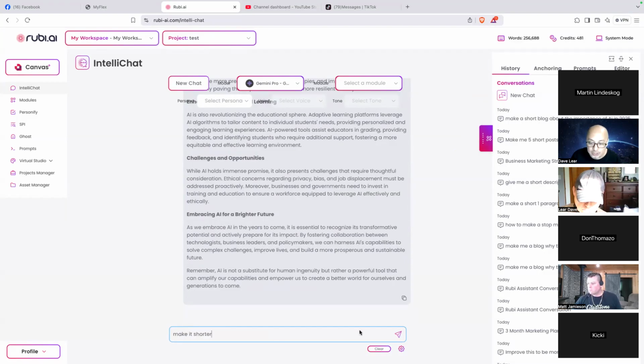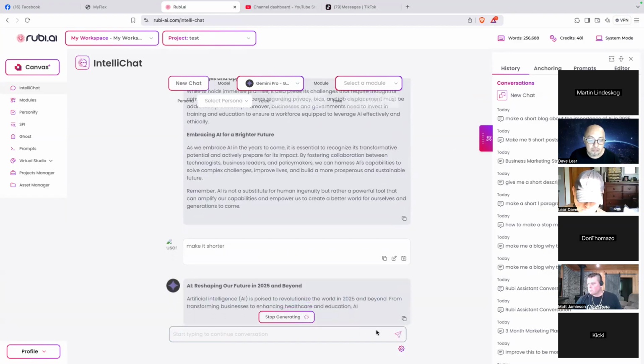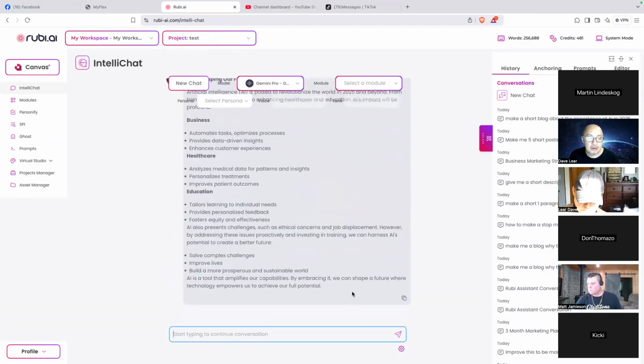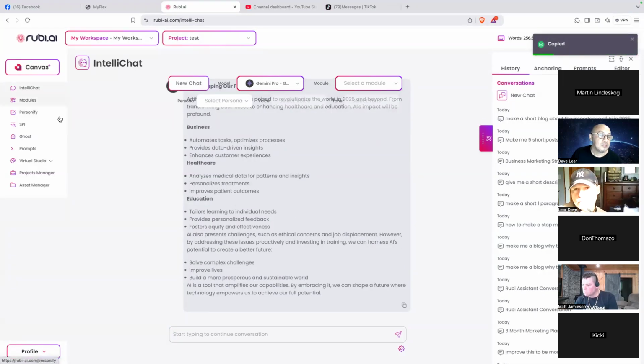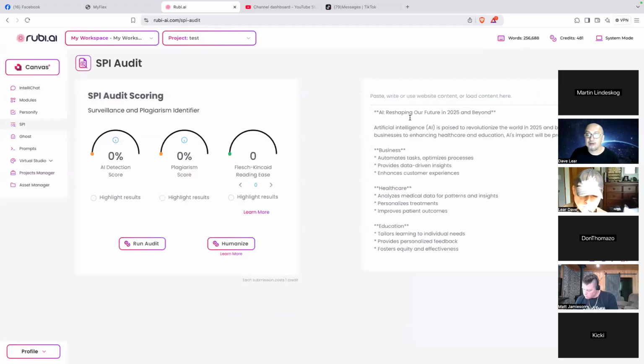Let's make this shorter so it will be easier for us to try the SPI. All right, so now it has been summarized. It's shorter now. So all you have to do is copy it. And let's go to SPI and paste it here.